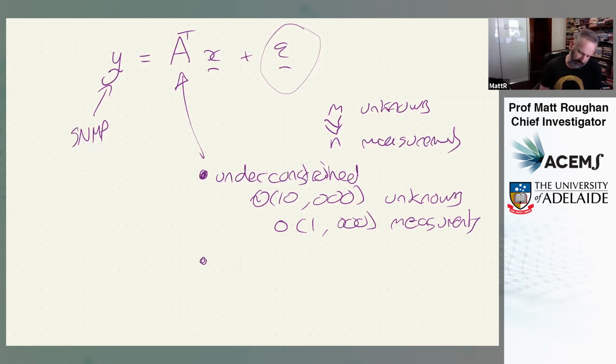It's under constrained, but it can also be inconsistent. A real problem, typically when we present first year mathematics and linear algebra, we talk about inconsistent equations where there's no solution, and we talk about under-constrained equations where there's an infinite number of solutions. But you can actually have both at once. You can have a system which has no solutions, but it's still under-constrained in the sense that there's more unknowns than measurements. This is kind of crazy.